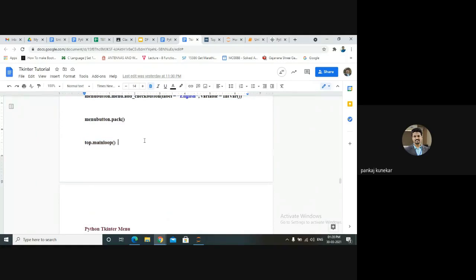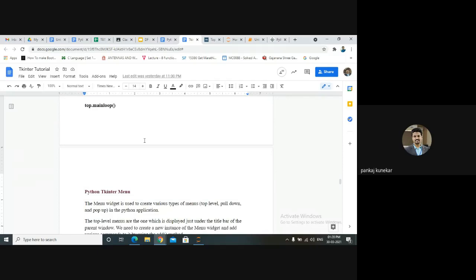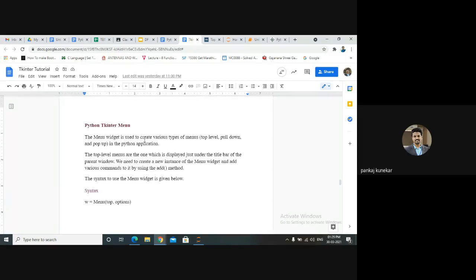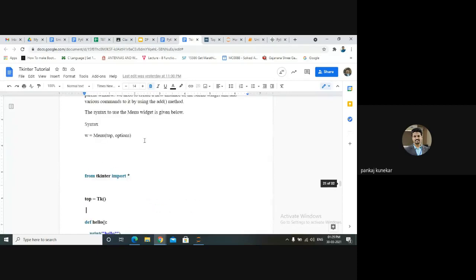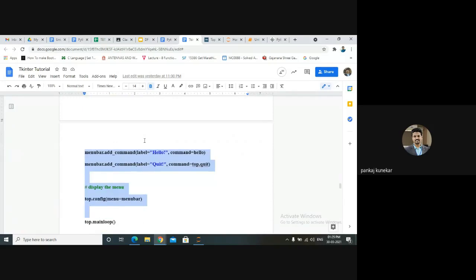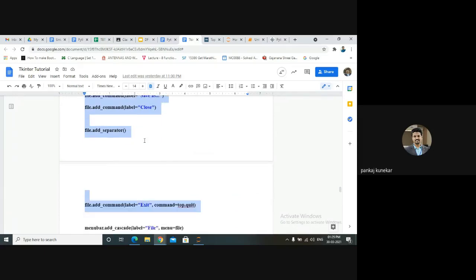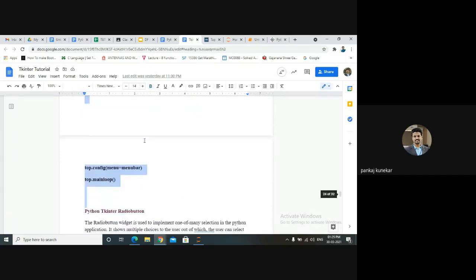Okay, we are just going quickly because you need to perform practical also by referring to this documentation. Documentation is there on the internet also. There are many things available because there are many widgets and many options available. Then menu. Okay, we have already seen the menu. We'll see this thing also. We are adding one command over here that will have some save as and close option. Complete program for your menu.